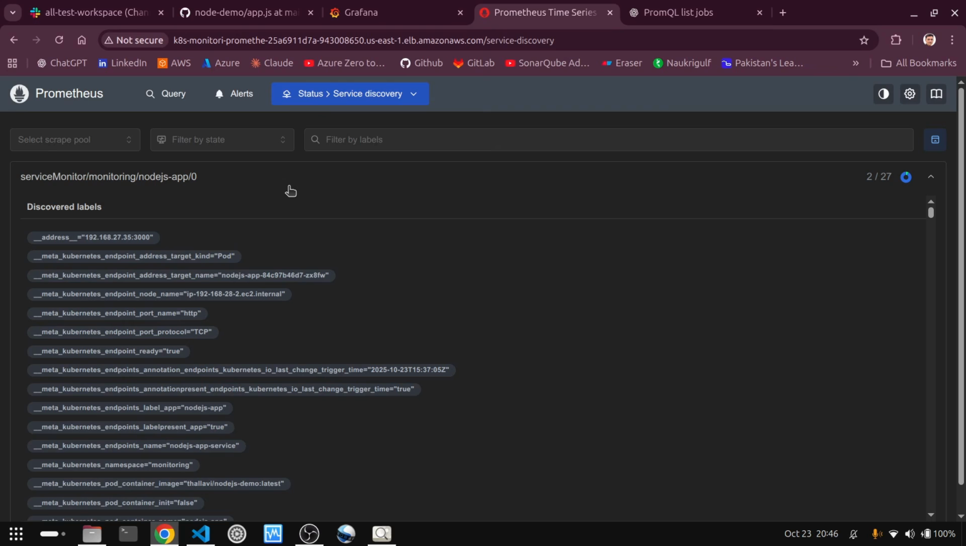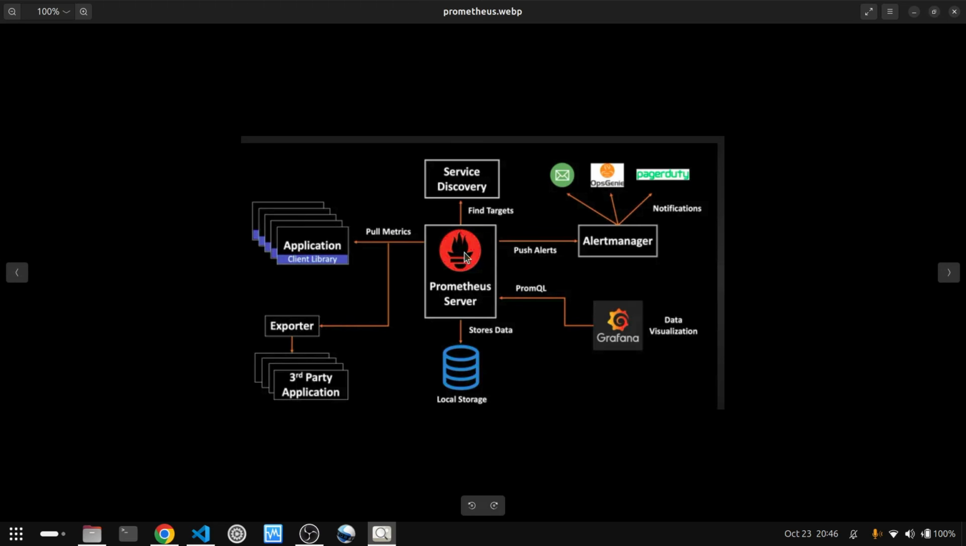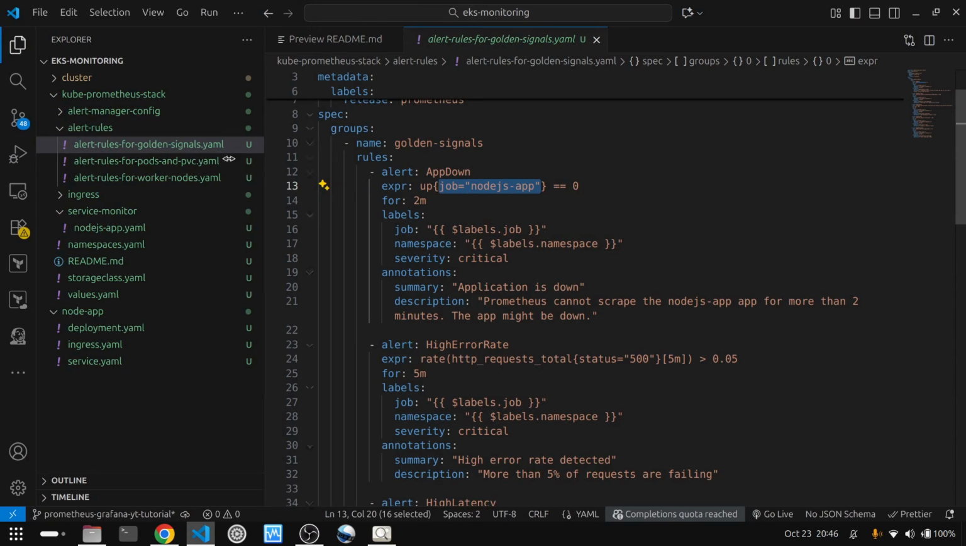If something goes wrong with our Node.js application, based on the rules, it can fire those alerts and push them to Alert Manager. Alert Manager then waits for the group interval and whatever time we have specified, and once that time has lapsed, it will push the notification to the Slack channel. I have mentioned in the golden rules that if the Node.js application is down for 2 minutes, then I should get an alert, right? So what I can do is